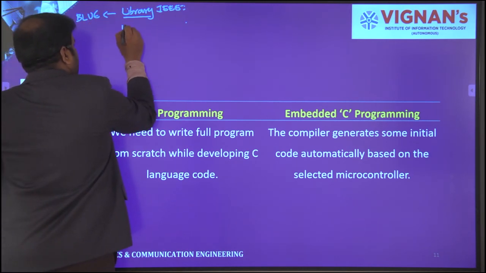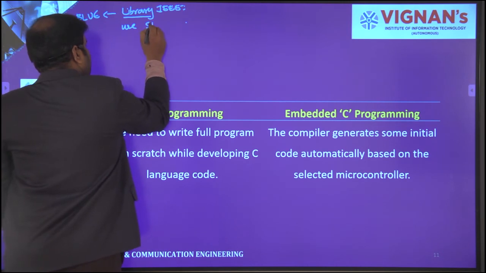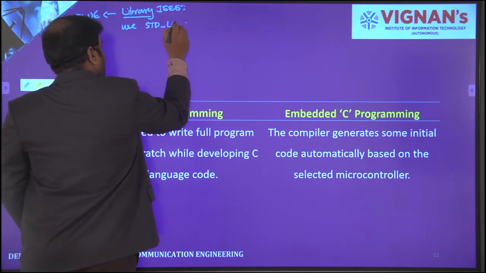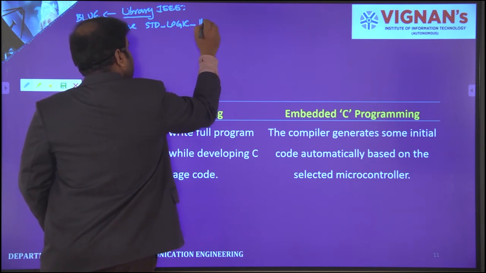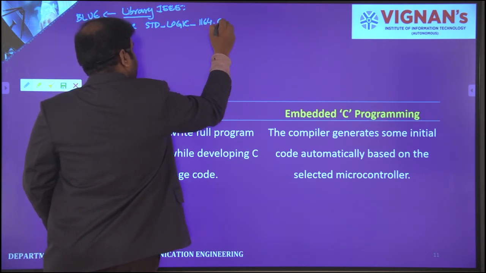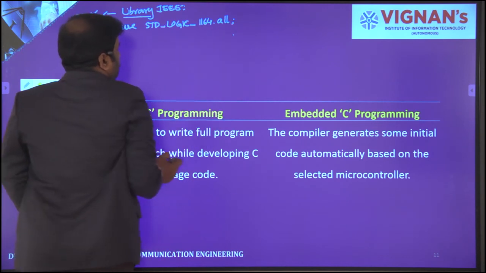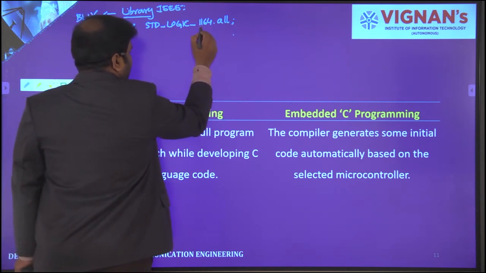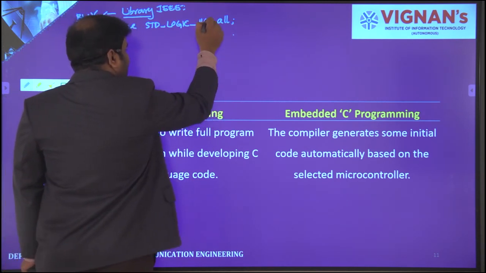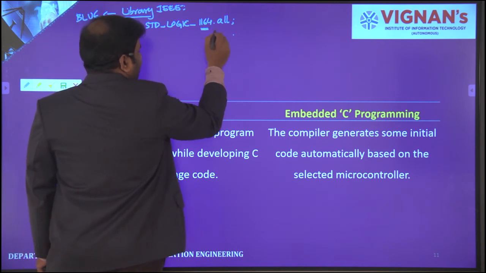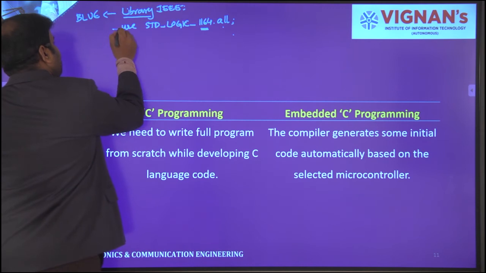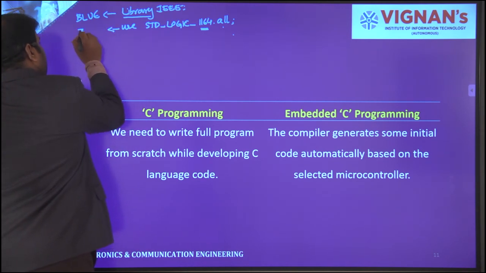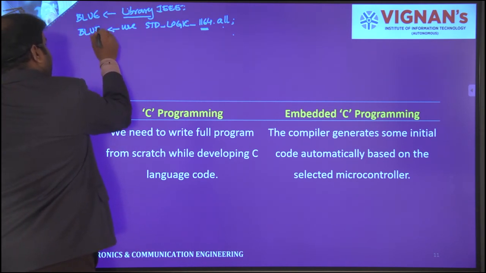Next, use standard logic 1164, it is a library dot all. So this is the standard logic 1164, and in this directory, all the libraries available are called over here. Then this will be in blue color only.